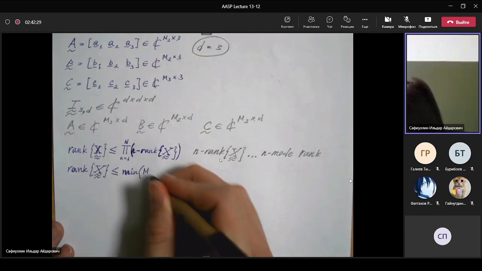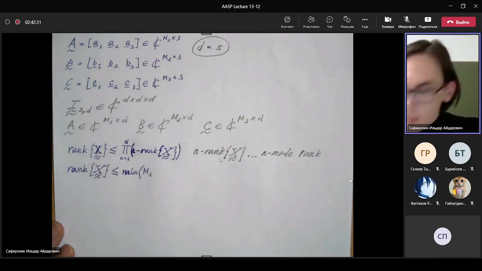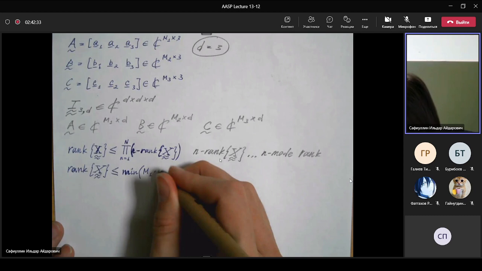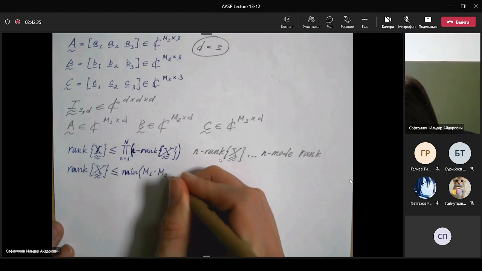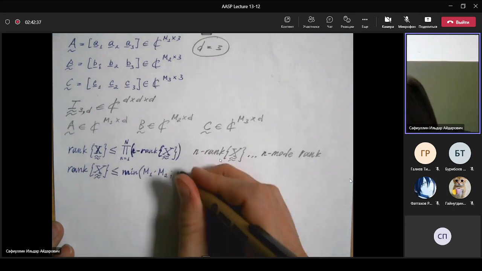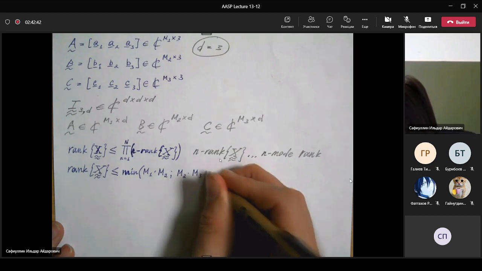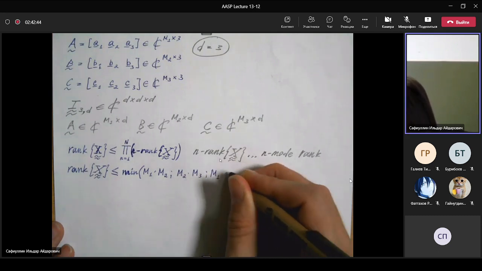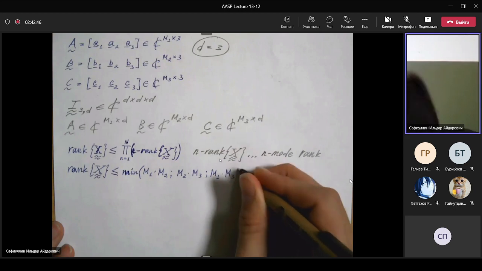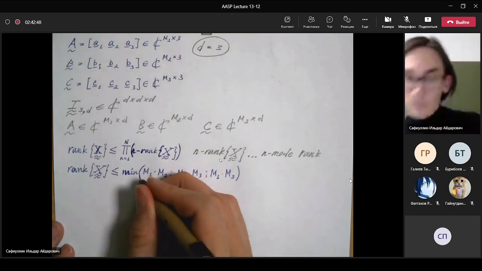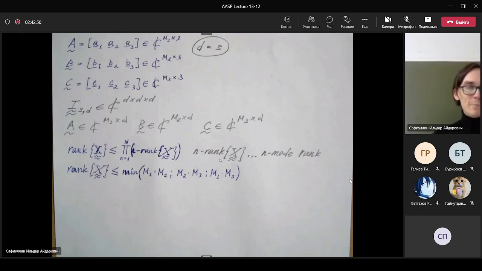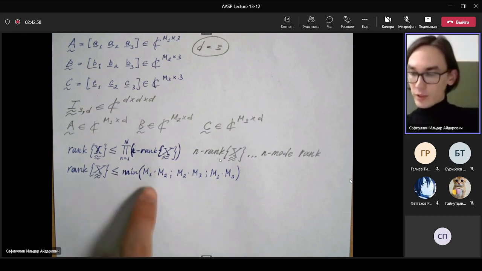So the first size times the second size, then the second size times the third size, and the third size times the first size. Like this one. So you can see from this one, for example,